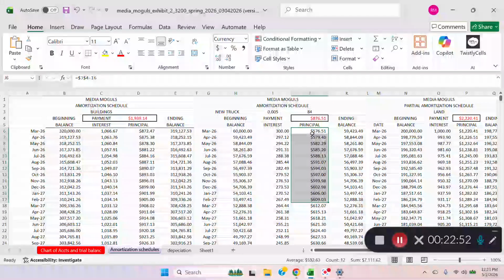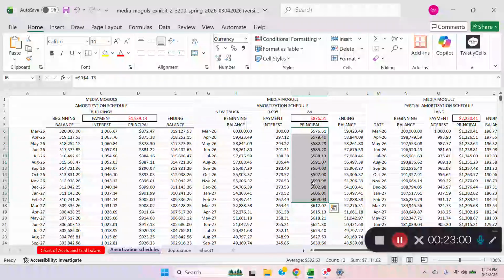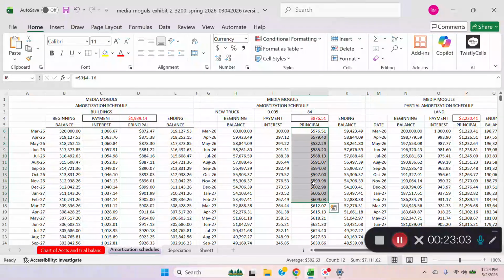So when I put the entry in for this particular one, I need to make sure that I am separating the short-term or current notes payable from the long-term or non-current notes payable. So I'll have two numbers for the notes payable, and they will equal, at the end of the day, on the other side, a balance. Okay, and again, I think if you were to look at the